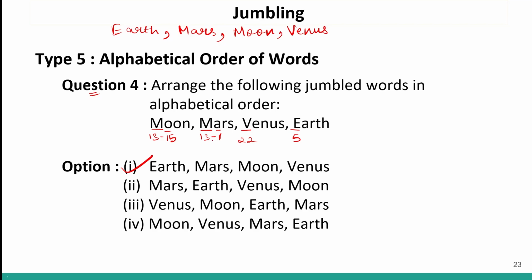So what we did is first we looked at the first letters, and if we had confusion, if the first letters were the same, then we move on to the next letters until the letters finish. Okay. So if we have something like, let's say, river and rivers. Okay. Which will come first?